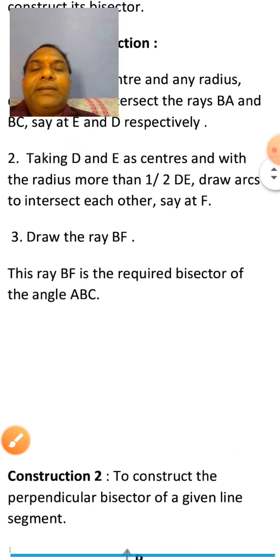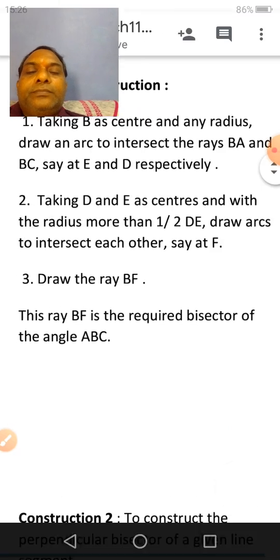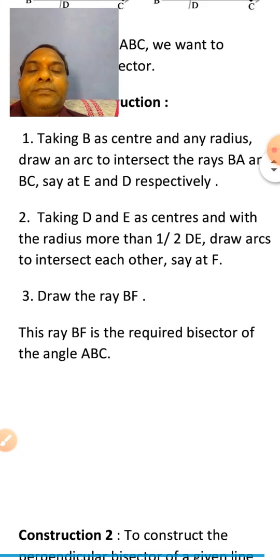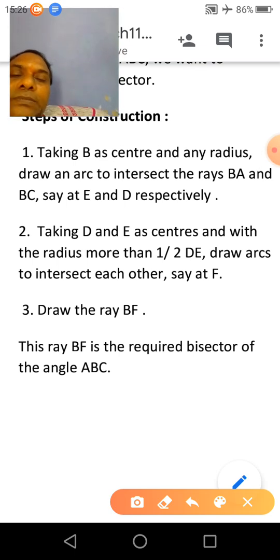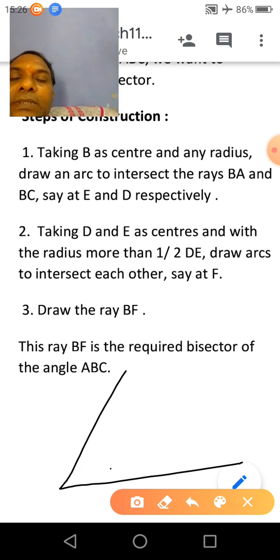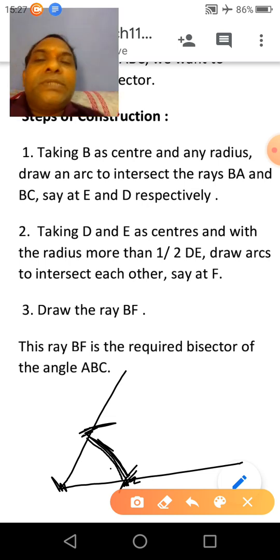See again here. Suppose angle ABC is given. You have to bisect this angle. Clear? So taking this point as a center, draw an arc which intersects both rays at 2 points, this point and this point. Clear? Now taking these 2 points as center and